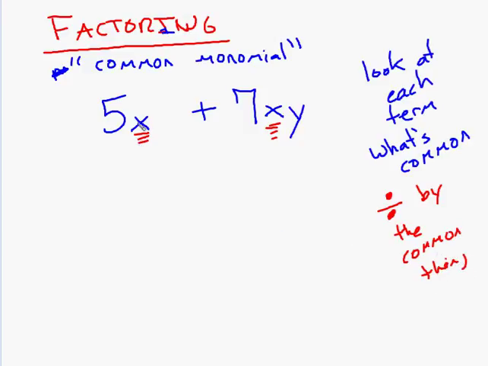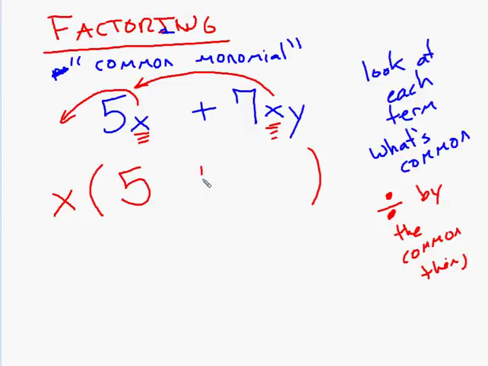So, when I do that, now I said what was common. I said, okay, what was common? X. So I'm going to put the x on the outside, because that's the common thing, and now I'm going to basically divide each of those terms by x, because I essentially pulled that x out. Okay? That leaves, now 5x divided by x is 5, and then if I pull out an x from here,